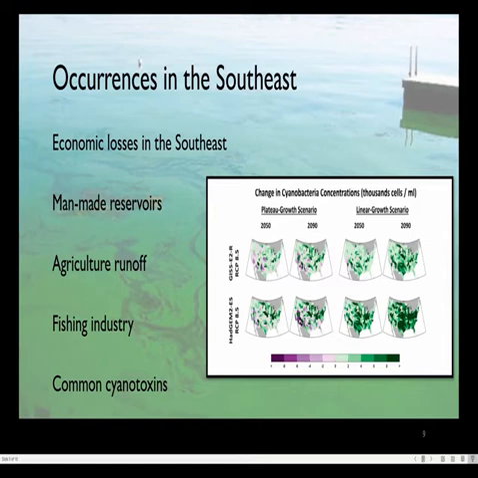That could be potentially because of man-made reservoirs here, where we go to recreate. Man-made reservoirs a lot of times have pretty thick algal blooms compared to natural systems, and we don't take care of them as well as we might a natural system. Also, agriculture is very important in the southeast, and we seemingly don't put riparian buffers between our aquatic resources and these farms as much as we should. And that's going to lead to agricultural runoff that's going to flow into these reservoirs and create algal blooms. This is going to impact the fishing industry, as I said before.